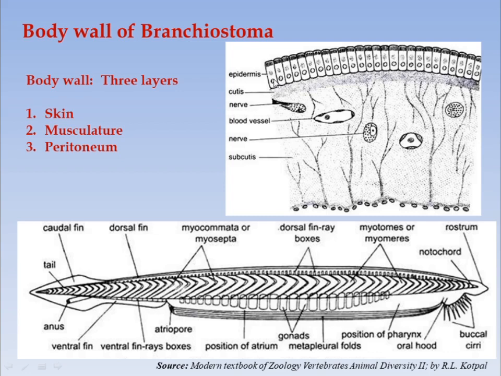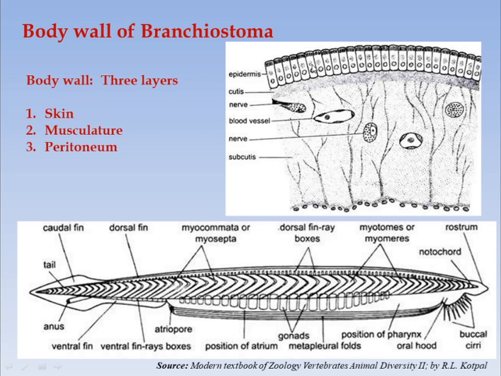Now, this epidermis contains certain sensory cells, but gland cells and pigment cells are totally absent. So there is some sensitivity shown by the skin due to the presence of sensory cells in the epidermis, but there is no secretion because there is no gland cell present, plus the body is not at all pigmented because there are no pigments present in the epidermis. As we all know, the body of Branchiostoma is translucent. There is no color. That is because there are no gland cells and pigment in the epidermis.